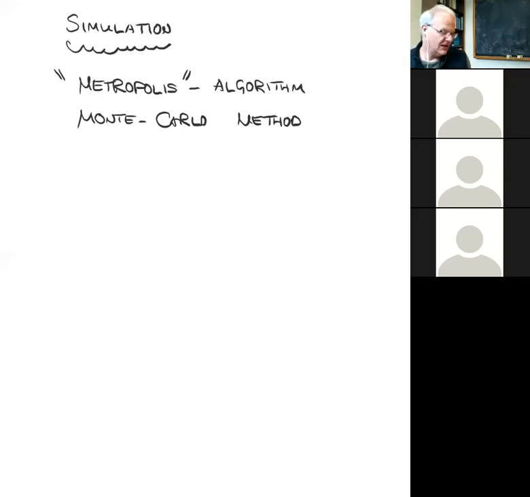Okay, so here's how the algorithm works. It's just a very short algorithm. It has a couple of steps in it. Step one is, you take this lattice and you pick a spin. It actually doesn't really matter how you do this. You can just pick a spin at random. Or what's more commonly done is that you just sweep through the lattice. You start at the upper left-hand corner and one by one you go through the lattice, and once you're done, you do it again. So you can either do this randomly or you can sweep.